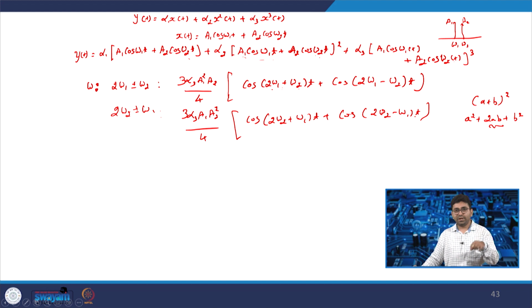So, when you try to expand this y(t), we are interested in these two quantities, omega 1 and 2 omega 1 plus or minus omega 2. Why we are interested in this quantity, we will take one example, and we will get more idea of why we are only interested in this quantity. So, if you have a nonlinear amplifier